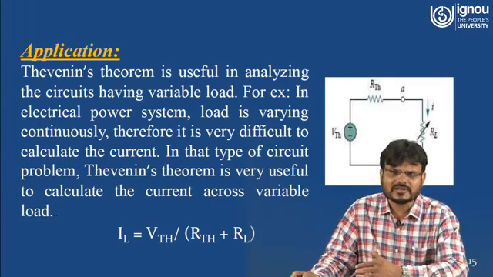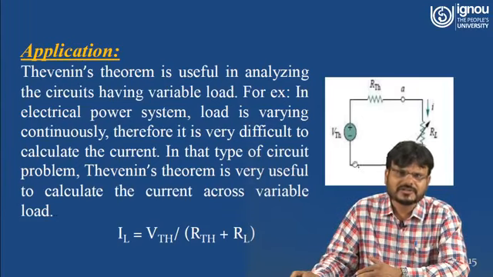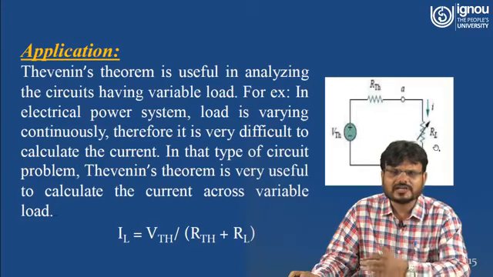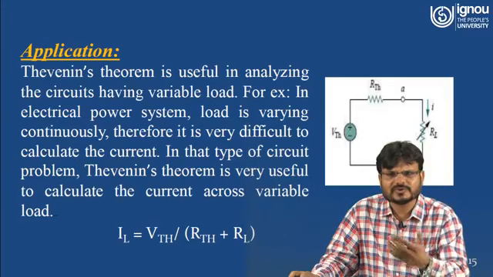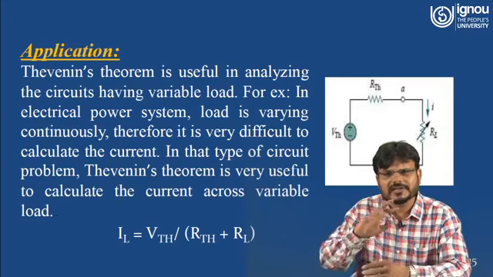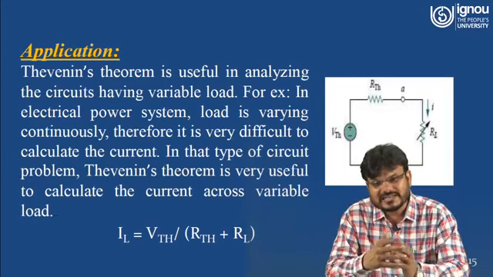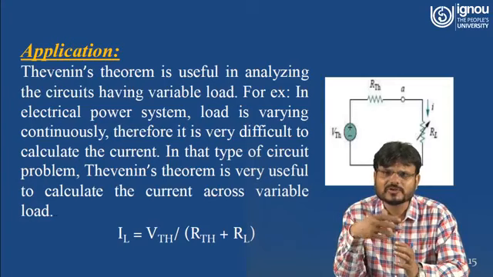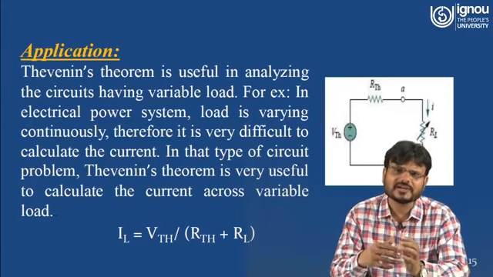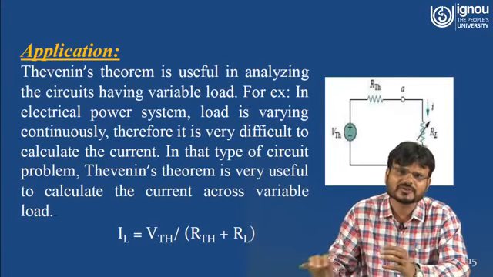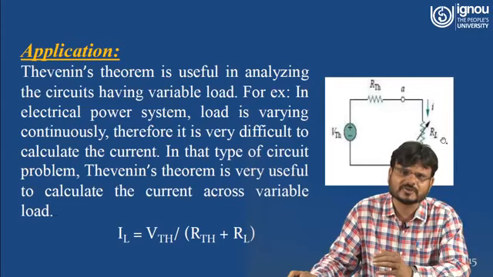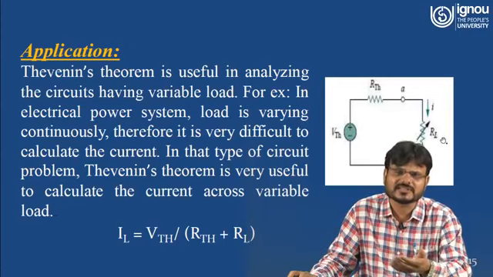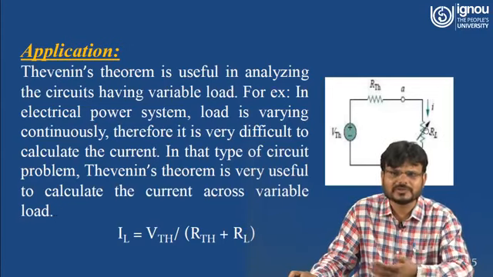Here you can understand it like this: suppose the resistance is 5 ohm, then the resistance is 10 ohm, and you have to find the current when the load resistance is 2 ohm. So again and again you have to apply mesh analysis. First suppose the load resistance is 5 ohm, then you have to apply mesh analysis. Now again someone asks you to find the load current if this resistance is 10 ohm, then again you have to apply mesh analysis. But what is the beauty of the Thevenin theorem?